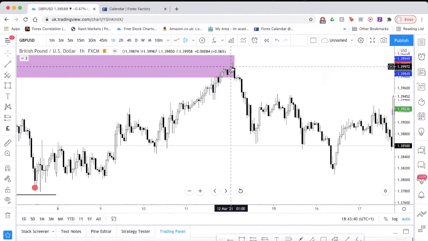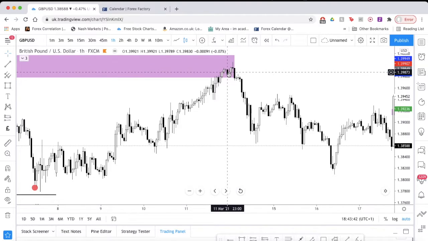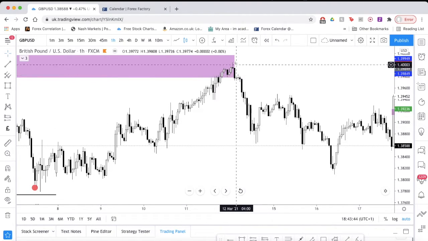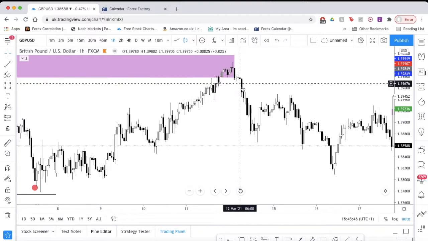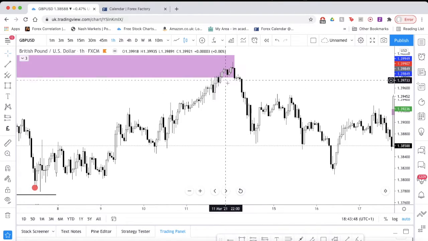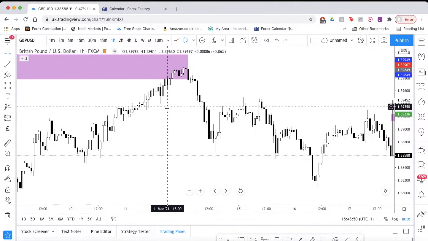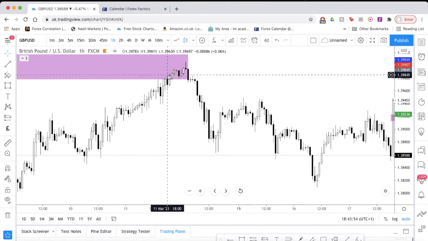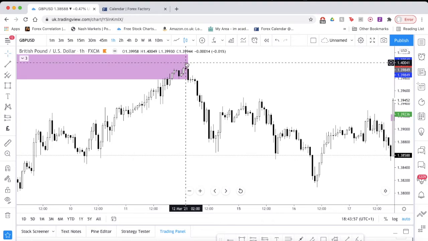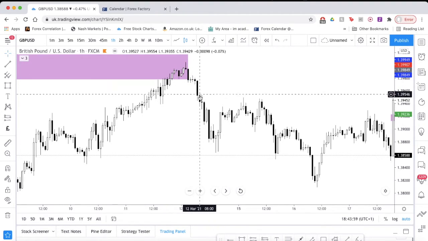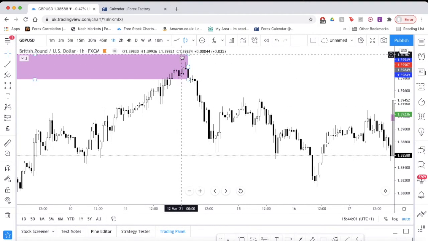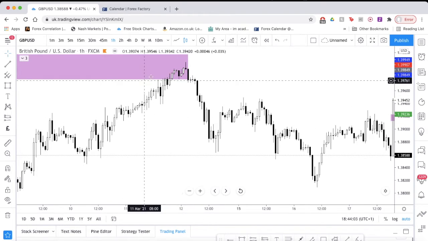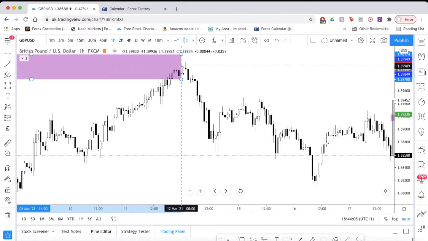Now that price has reached our point of interest for bearish momentum, we can see that this movement down has taken out some significant higher lows. We had a higher low, a higher high, higher low, higher high. You see this movement down has actually broken structure to the downside. So this has formed us another